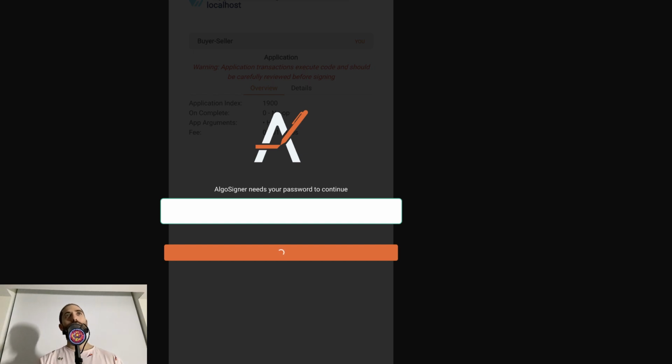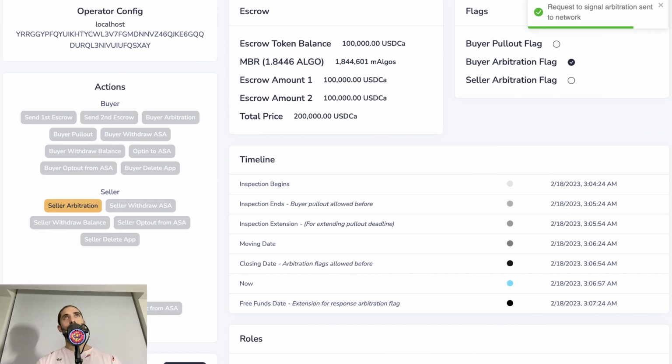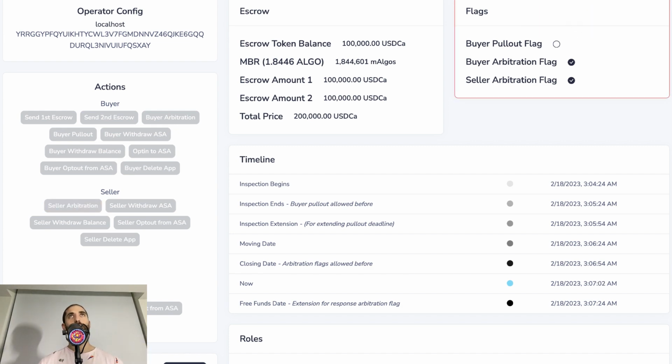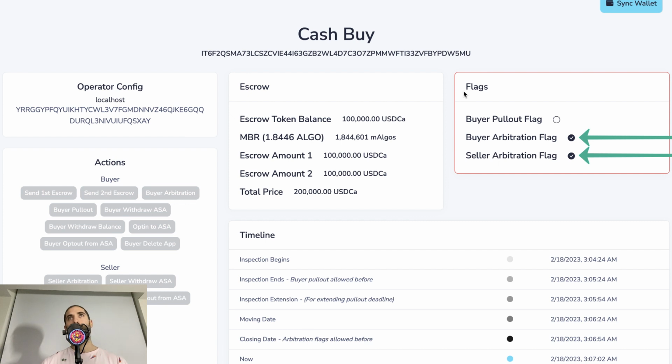Because the buyer is in the right, we will send or reassign all of the funds inside of the smart contract to the buyer. The red outline around the flags widget indicates that the contract is in a state of arbitration. This is the address of the smart contract. So what we can do is copy this,